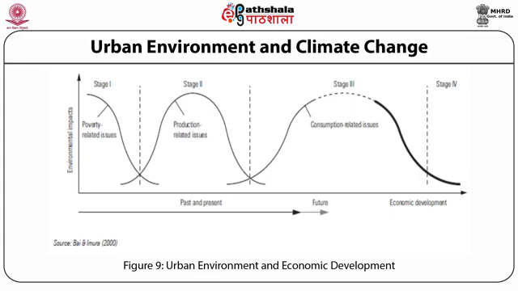inadequate sanitation. In stage 2, industrial pollution related issues arise as a result of the urban concentration of particulate matter and/or sulfur dioxide. Stage 3 is dominated by consumption related issues such as urban waste and increasing carbon dioxide emissions per head. Stage 4 involves a shift towards what has come to be known as an eco-city, with a focus on sustainability. In other words, in the final stage, cities reduce the use of non-renewable resources and adapt to